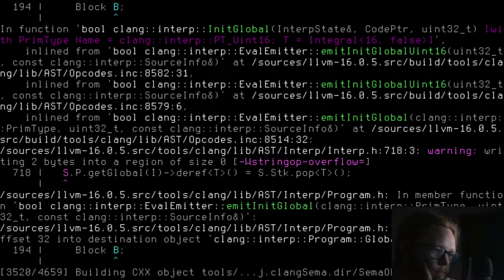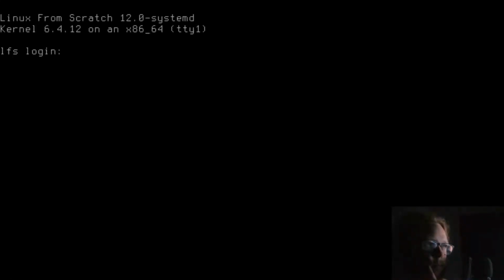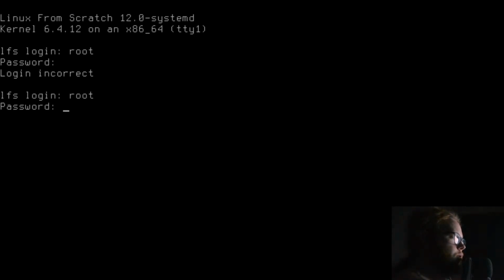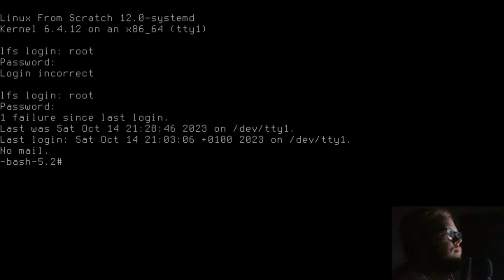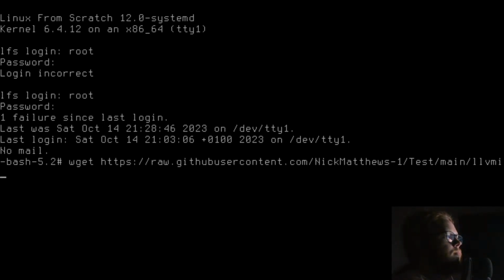This has me worried. I think this is where it died last time. What do I need to type? Have I fed it the correct password? I had fed it the password correctly. One failure since last. Yeah, it's because I screwed it up. Right.